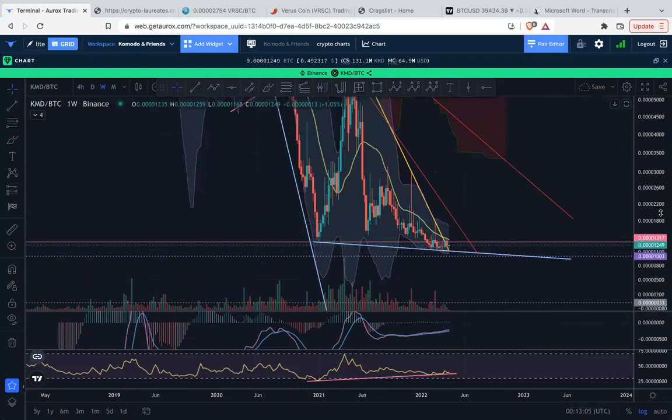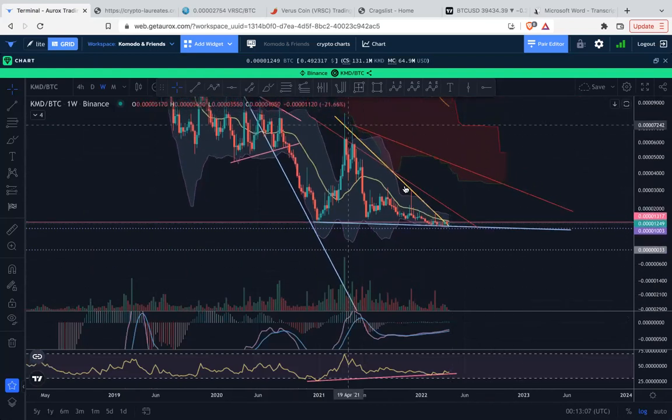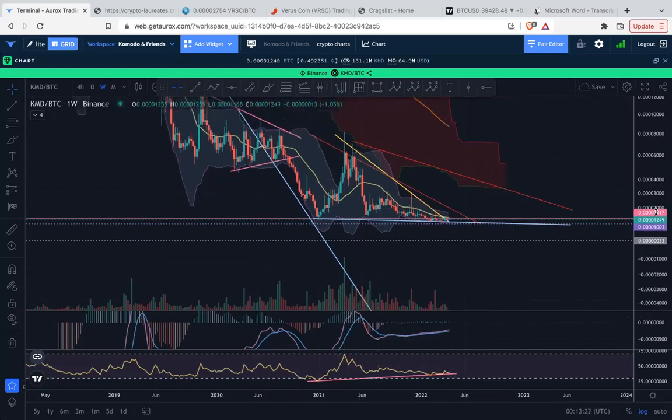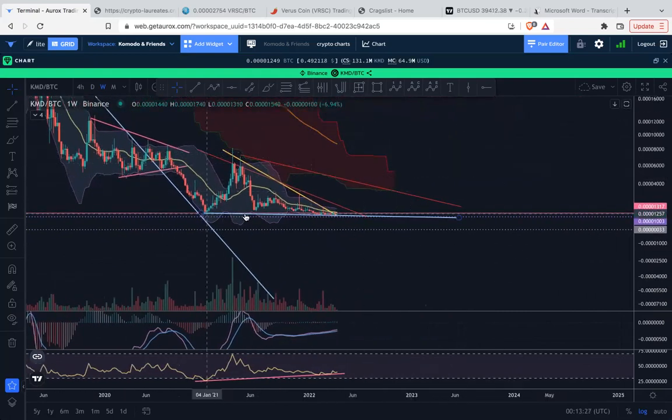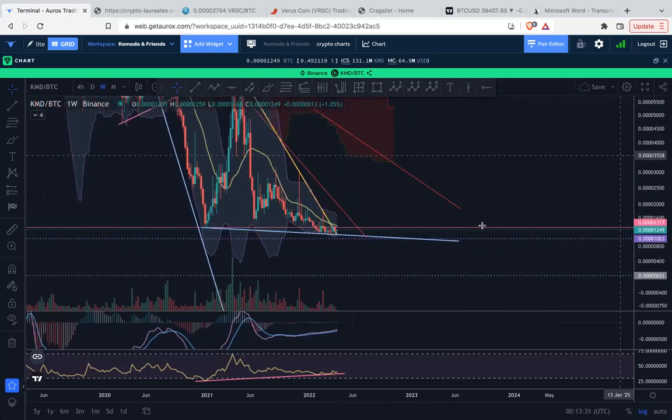That's KMD. At least you've broken out of this long line. It's connecting all three of the price actions here, and even this one here, so it does have some relevance. However, it's minute relevance. For now, I think this blue line here has more relevance in terms of trying to be support. Okay, so I think that's it for the KMD price chart.